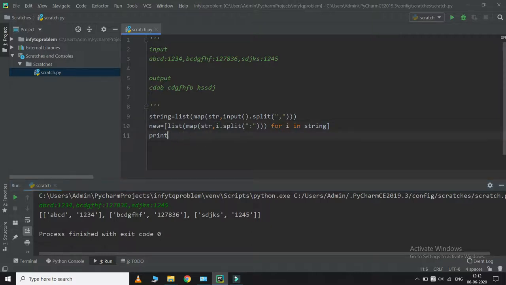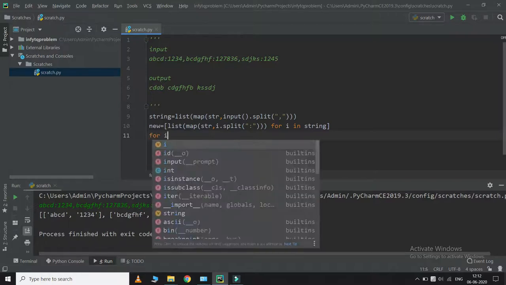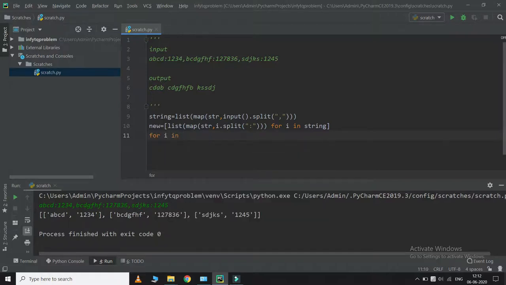So for this, what am I going to do? For i in new. So this is our new list. For i in this list, which we call new, we have to take a word and a number.